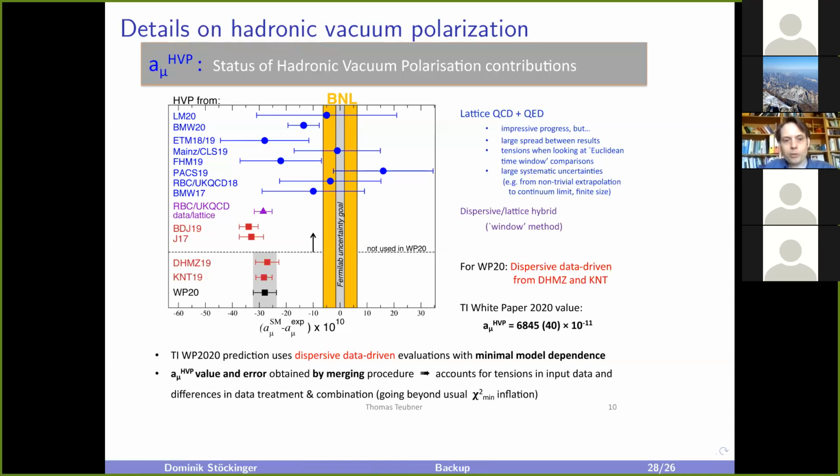But the more important statement is that really you cannot ignore the traditional dispersion relation results, because they are based on rigorous quantum field theory. The dispersion relations are exact relationships coming from relativistic quantum field theory, and the data points which go into those dispersion relations are measured in a multitude of different experiments, which also have been cross-checked over decades, in fact, using different experimental techniques. So there is really a lot of knowledge and a lot of cross-checking going into this.